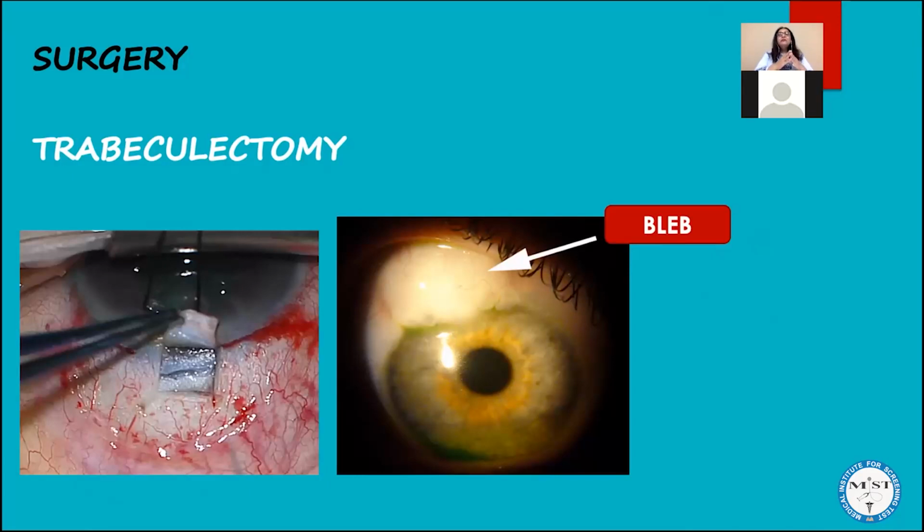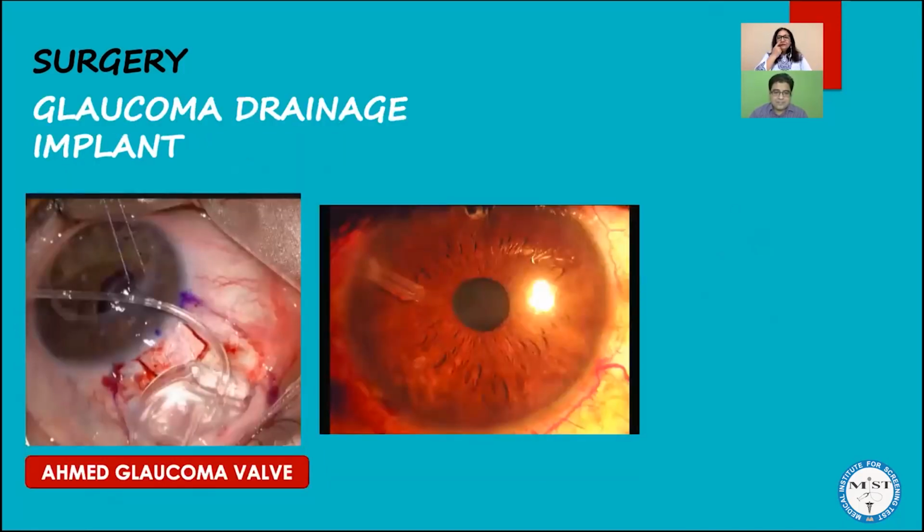So this is the surgery which is done for cases which are not improving with medication, or are having progressive damage. In cases in which trabeculectomy also fails, we go for glaucoma drainage implants. In the implants, they will have a tubing. As you notice over here, this tubing is placed in the anterior chamber. Through this tube the aqueous passes, and then this footplate is there, which is in contact with the sclera. So here the aqueous gets again absorbed by the episcleral vessels.